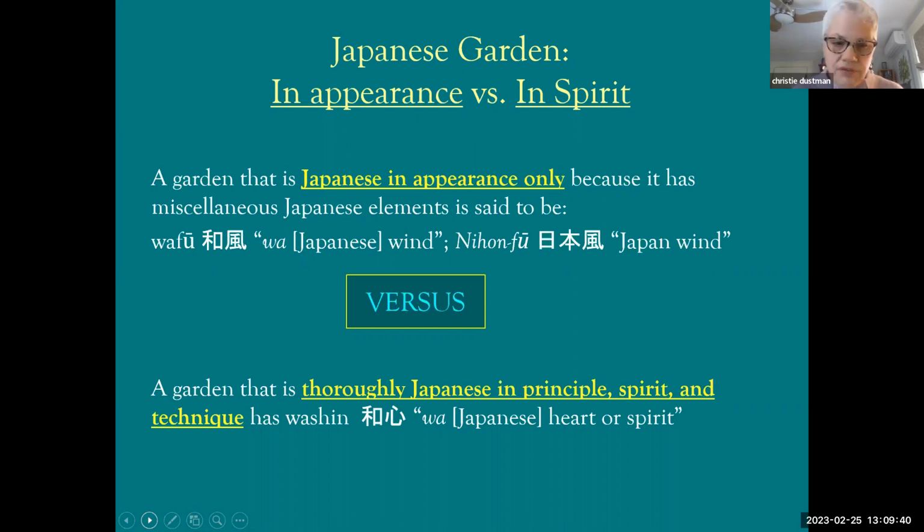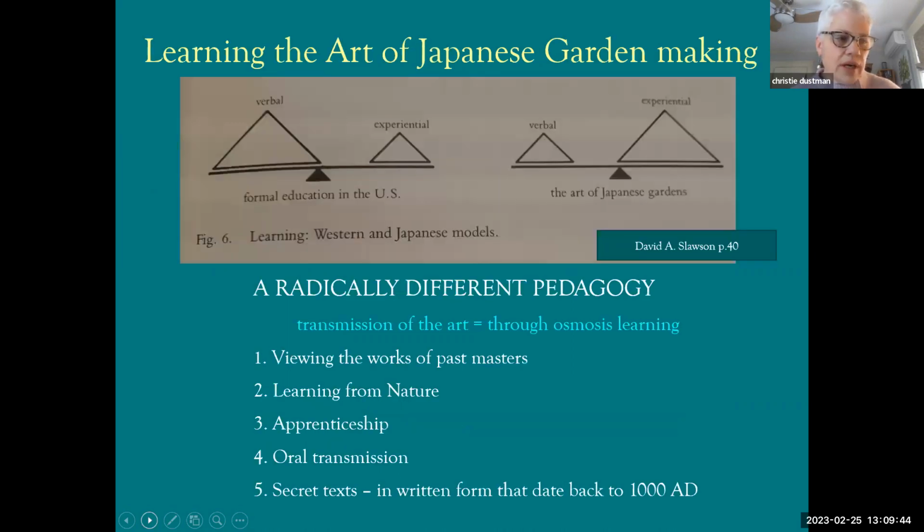And I think that's what we're going for, any of us who are interested in trying to do something in our own garden. This is something that I find very, very fascinating, and speaks again to this idea that I, as an American-born, raised person, will never be able to say that I am a true dyed-in-the-wool Japanese garden maker. And if you look at how the skill set, the art form of Japanese garden making is taught in Japan, it is primarily